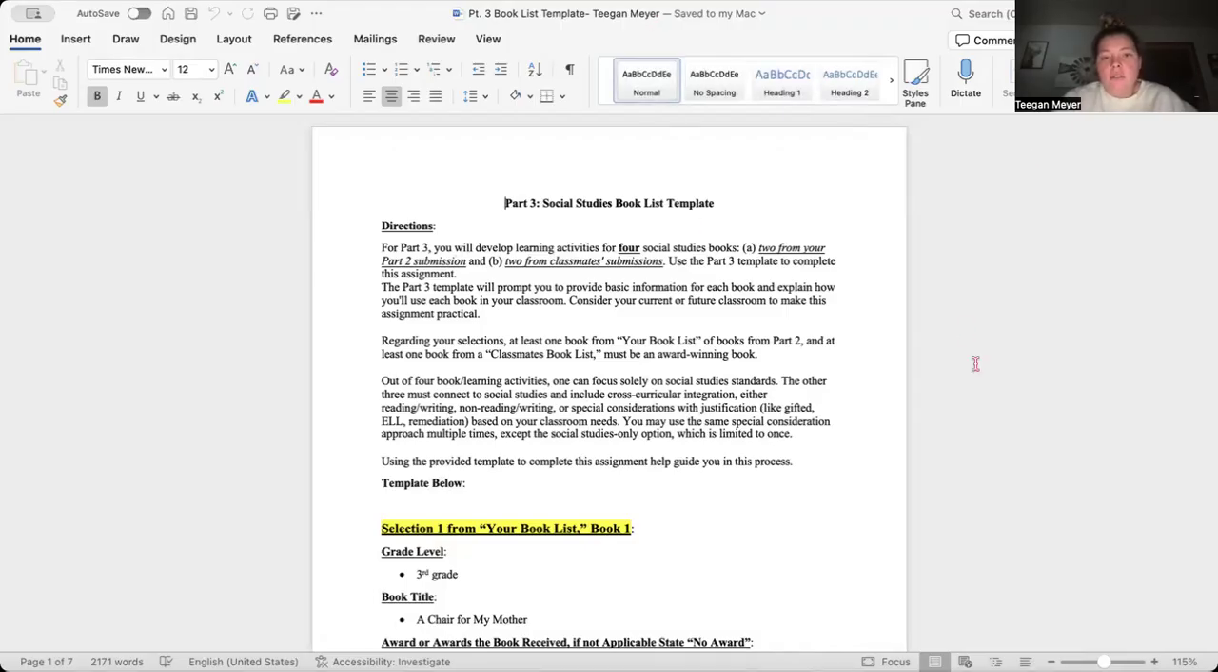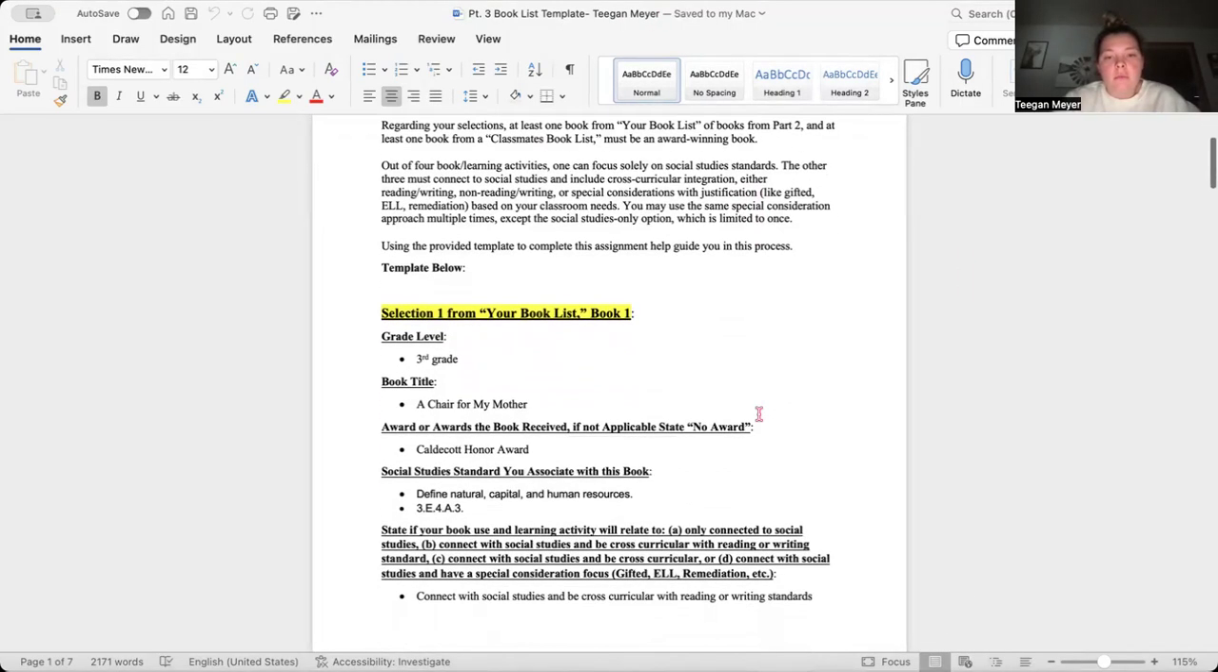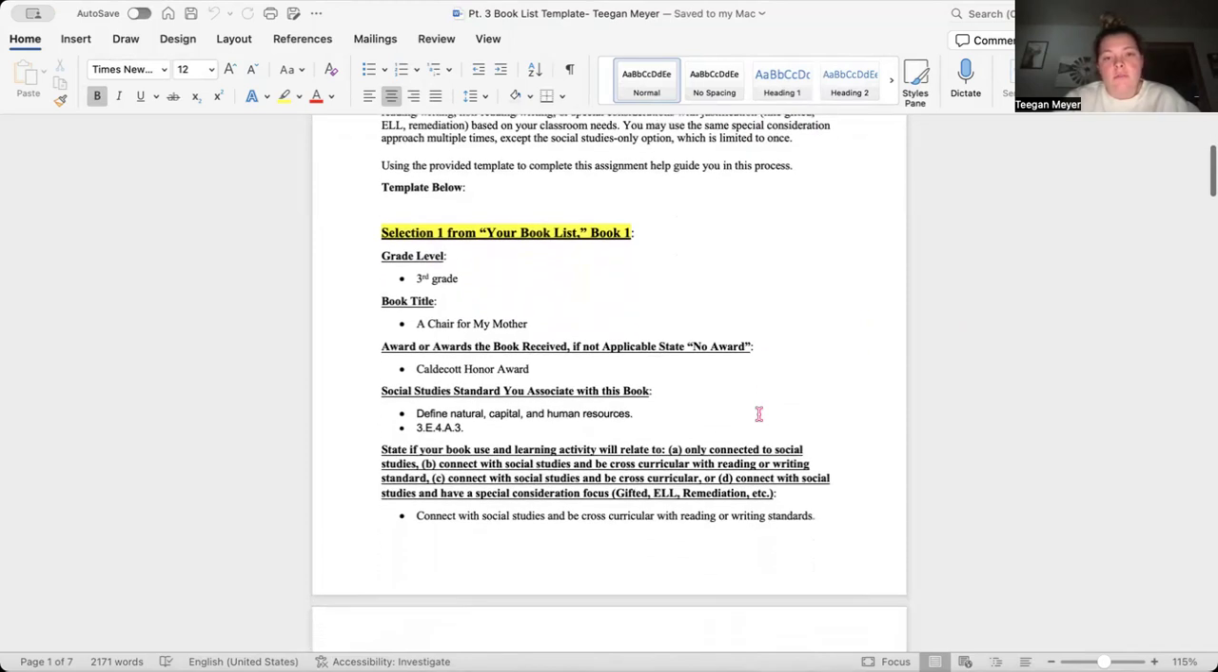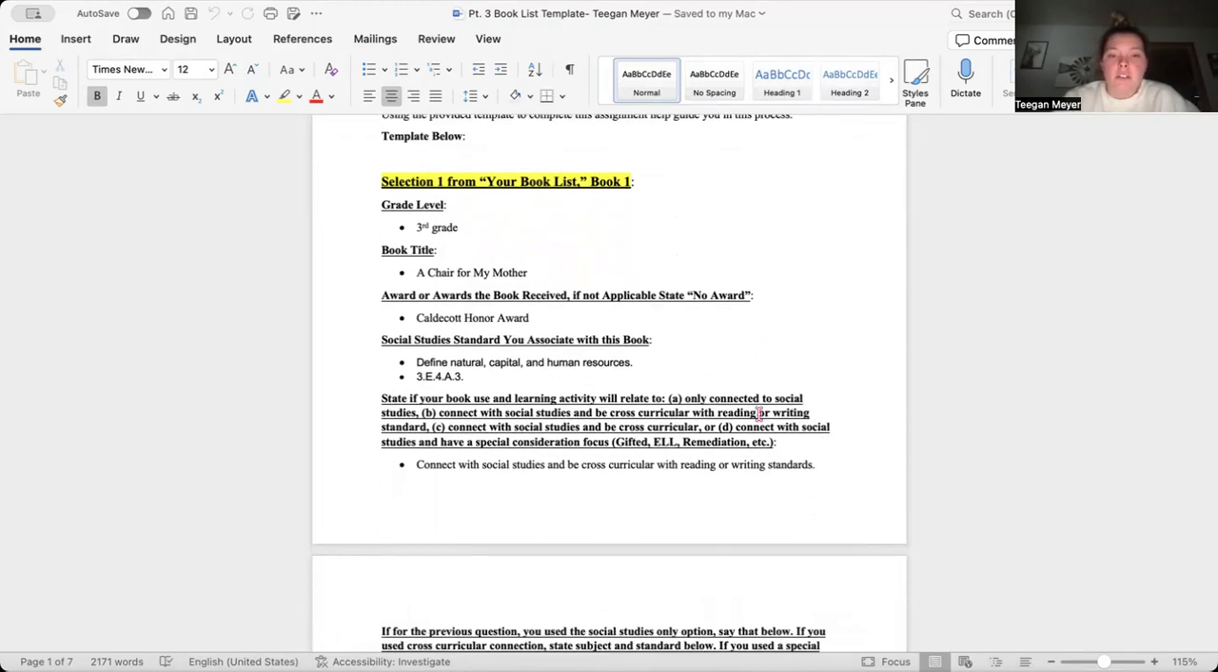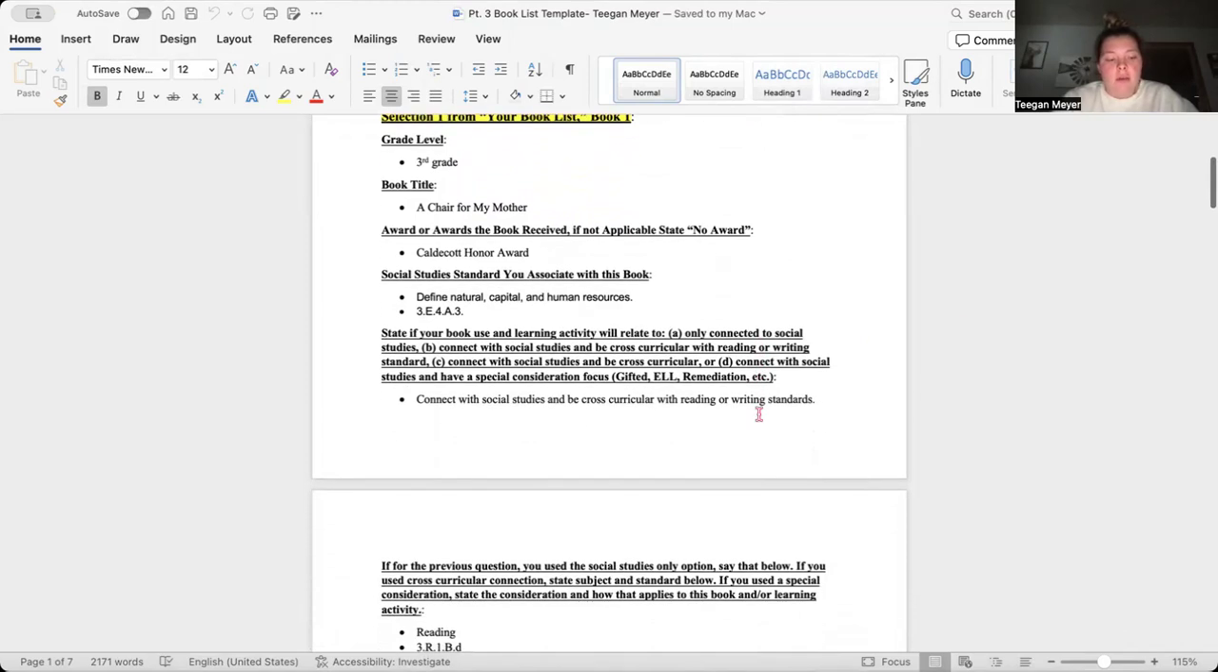Okay. So for book number one, I chose, this was from my list, A Chair for My Mother. This book was about a young girl who had a mother who didn't make a lot of money. She was a waitress and she kind of had some disabilities or some problems, and they were trying to save